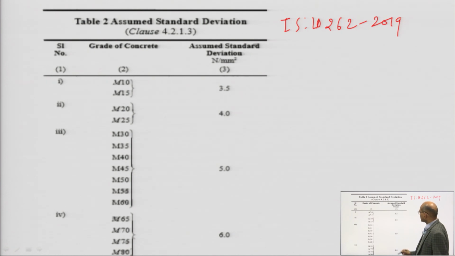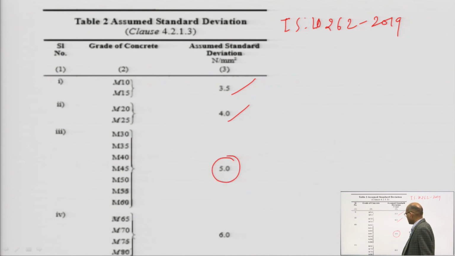Here once again, for M10 to M15 this value is 3.5, for M20 to M25 you have to take the standard deviation 4.0 Newton per mm square, for M30 to M60 you have to take the value 5, and for M65 onward you have to take 6.0,